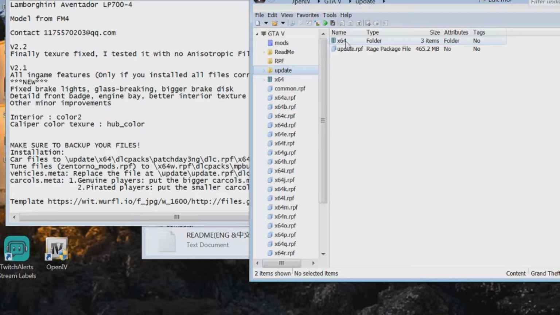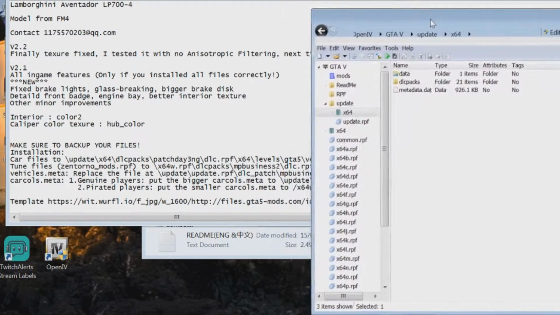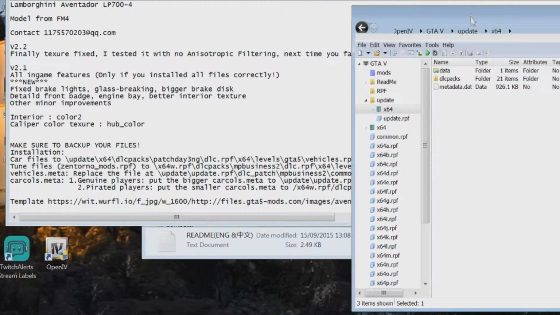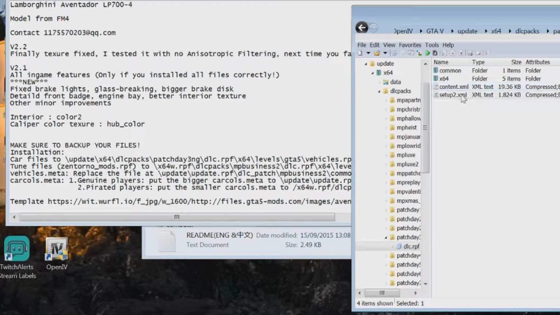Okay, firstly we're going to install the car files. So for this we're going to go to update, which you can see in OpenIV on the left hand side. Then we're going to x64, and then next it says we want DLC packs and then patch day 3ng. So we'll go to DLC packs, find patch day 3ng, which is just there. And then if you look on the left hand side, you can see we want to go to x64, levels,